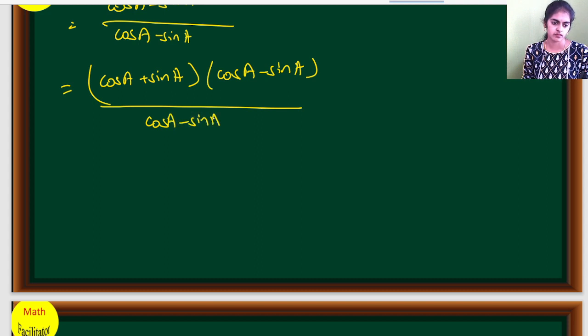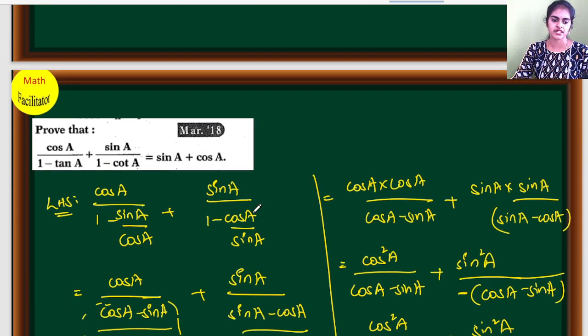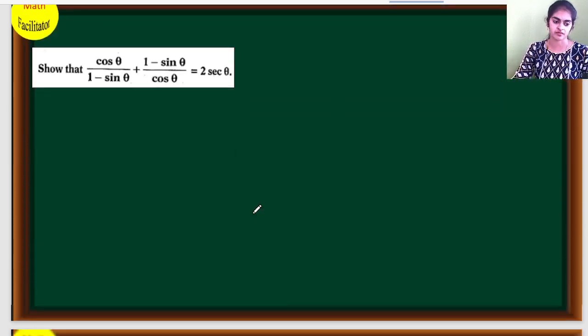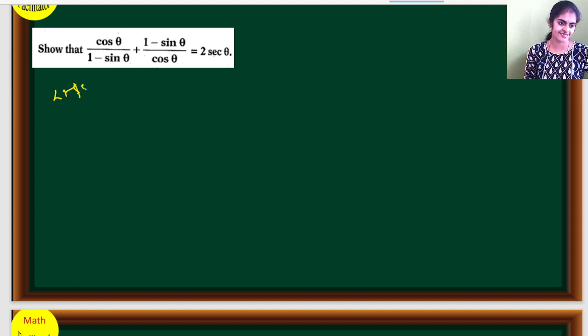So these two are getting cancelled. So you have cos a plus sin a, which is nothing but what you have to prove. Practice all these questions, very important. Next, look, your LHS